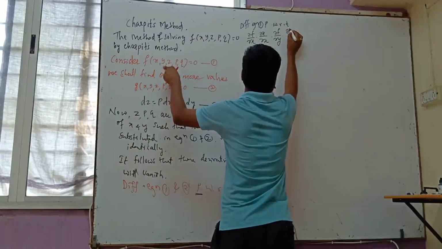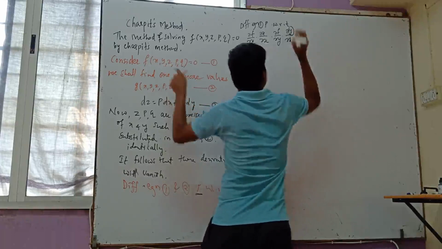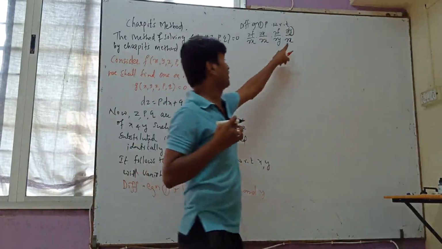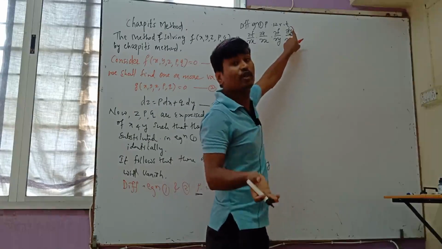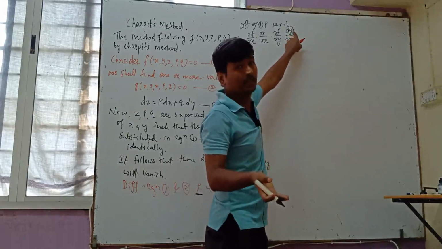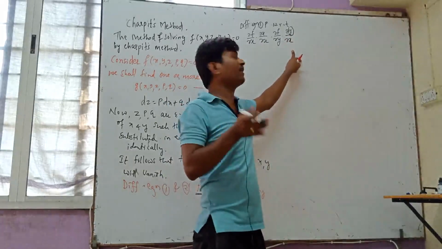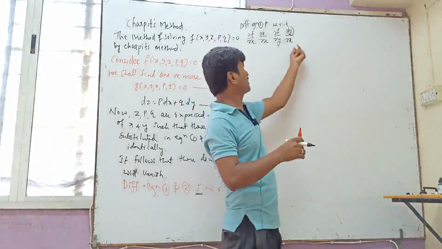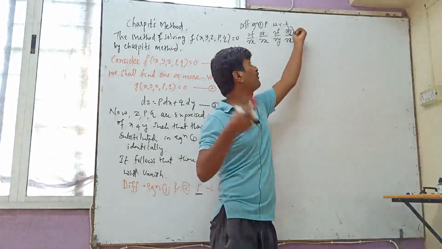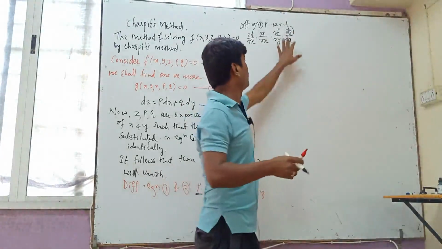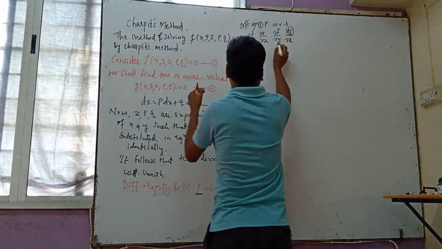Again, dou y can be differentiated with respect to x, but here you remember y is a constant. Partial differentiation of y with respect to x is 0. Why is it 0? Y is a constant. I am differentiating this function with respect to x, which means I should differentiate x terms only. Other than x terms, everything behaves as a constant, and differentiation of that constant is 0. Therefore this term becomes a constant. I will see later about this equation.